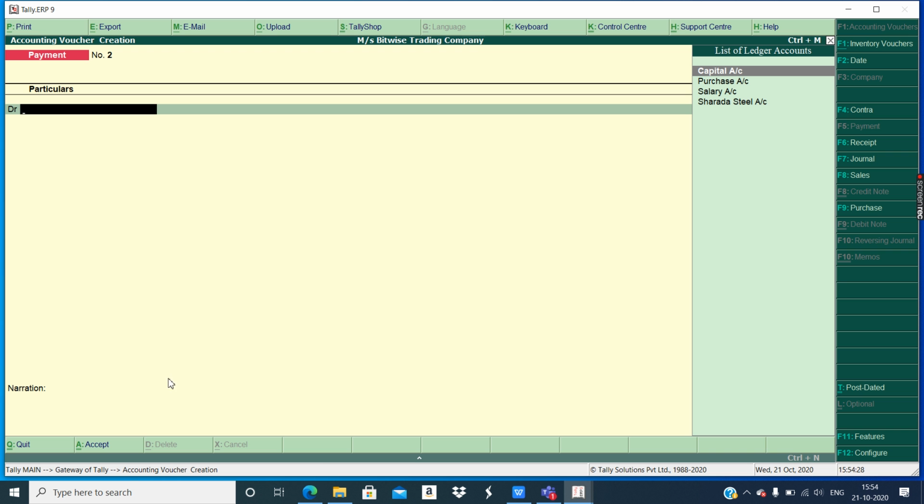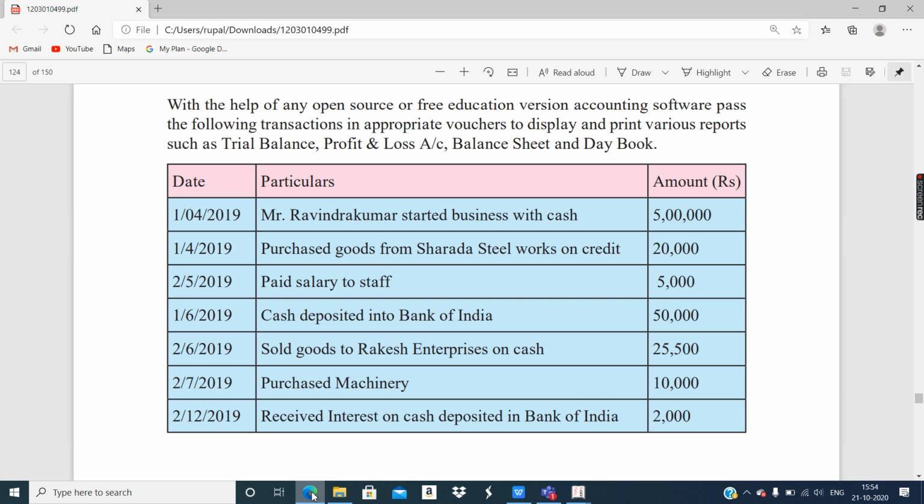So our next statement is contra: cash deposited into Bank of India. So there is a name of a bank. Wherever there are bank related entries, you have to enter them in the contra voucher. Okay. So first of all, let's go to the contra voucher and let's change the date quickly.